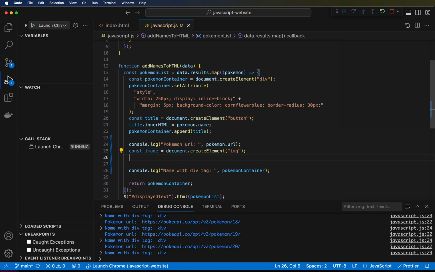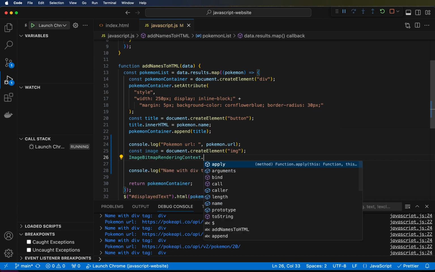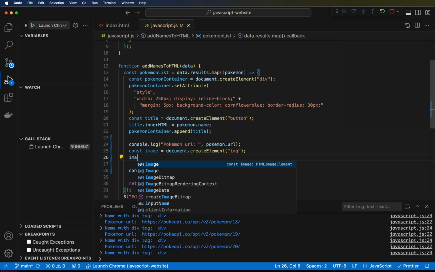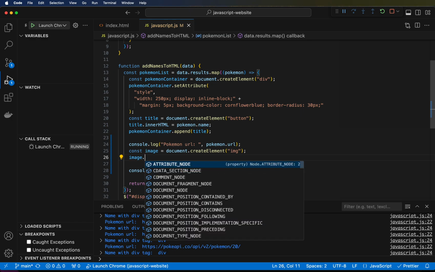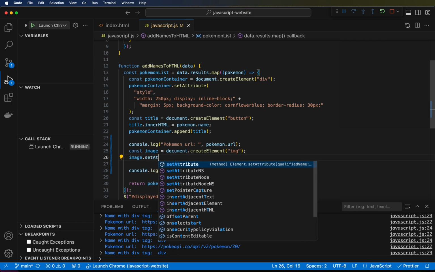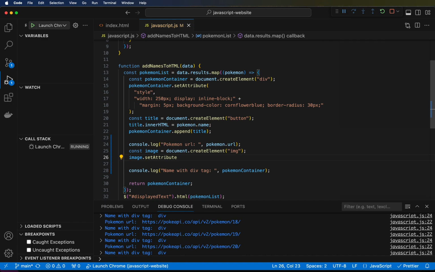So we want to now set that. Tab did not help me. I also didn't spell it right. Image, that's probably why. Tab dot set attribute. This is where this set attribute from up here becomes really helpful, because on a regular image tag you have a